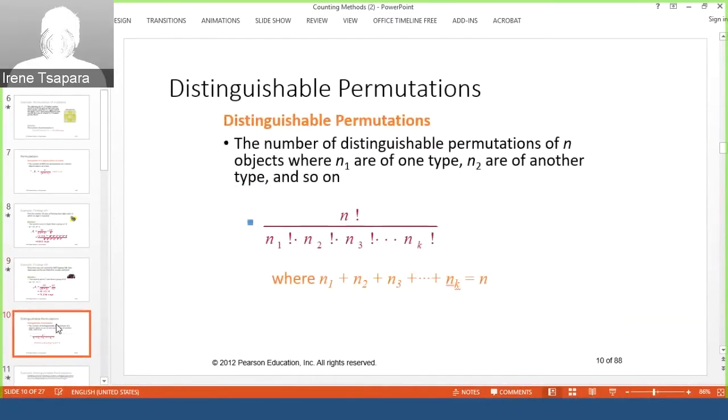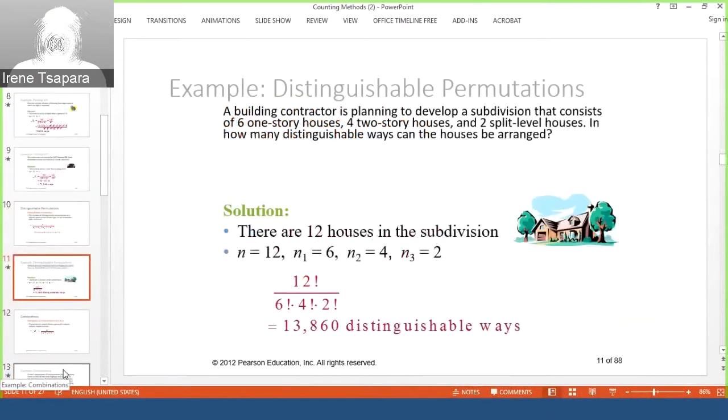Another example similar to that. Now here we have a different situation that is a special situation, and in this case we have many groups of elements. The classical example for this type of problem is